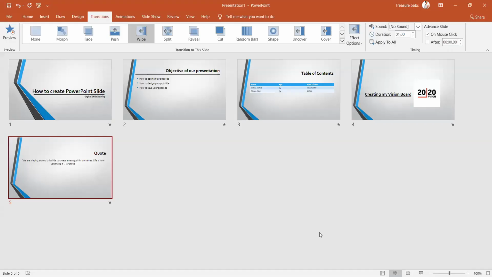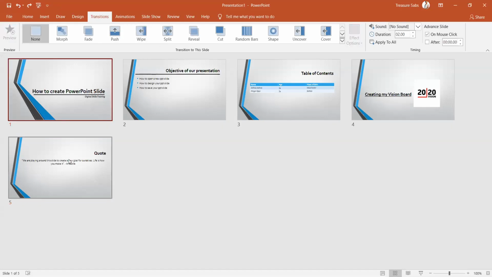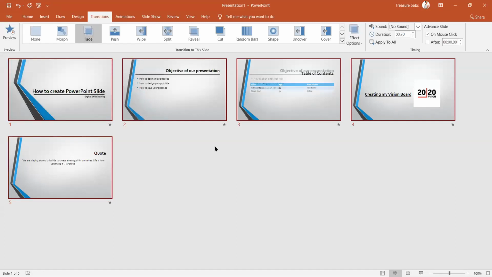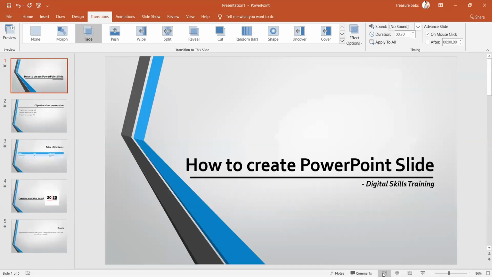So we're going to undo that. I like to use fade, just like I explained earlier. So I'm going to do that and select fade. All right, so that is our transition done. We want to go back to normal working environment. So click on normal to return back to the first